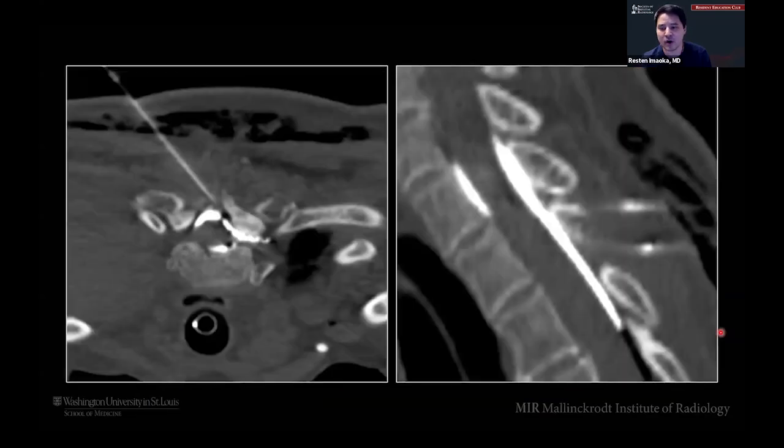Here's an example of more active thermal protection, right? Here we're doing a cryo of the posterior elements of the spinous process. You've got a needle coming down. We're getting an epidural with contrast here to physically displace the thecal sac and the cord away. And then you can also see a little bit of CO2 here in the subcutaneous tissues to push the skin away from the tumor here.